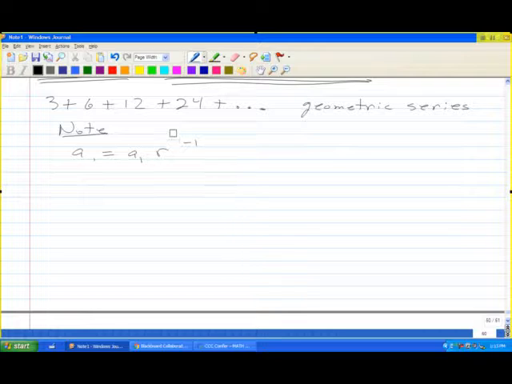And maybe I'll write it with a k, just so that it looks a little nicer. So then the sum of the first n terms of a geometric series